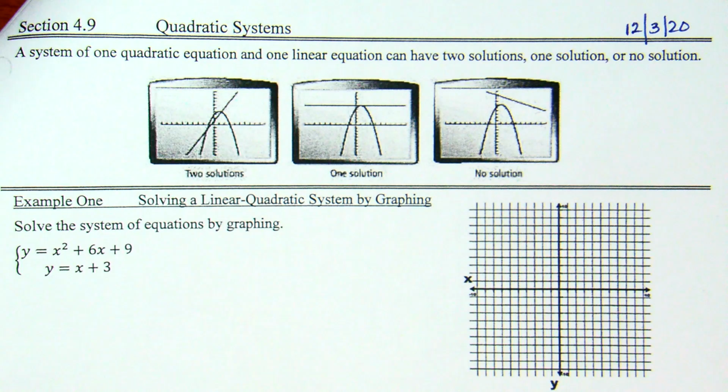Lesson 4.9 is quadratic systems. The standard is something about solving systems of equations that involve linear and quadratic equations. Last chapter, I think it was last chapter, we solved systems of equations. So we've already solved systems of equations this year, but when we solved them, we didn't involve quadratics